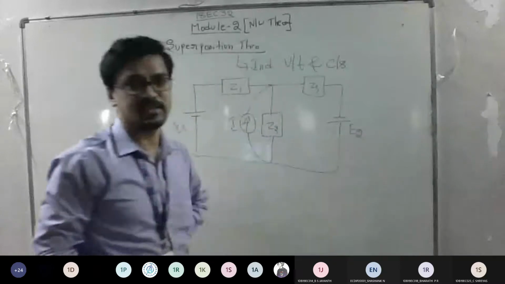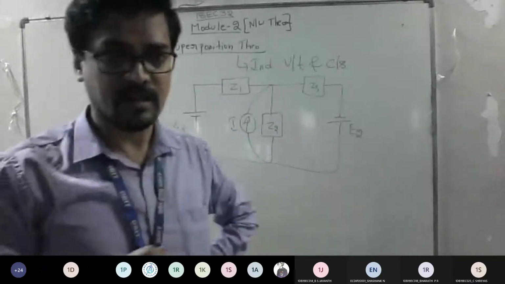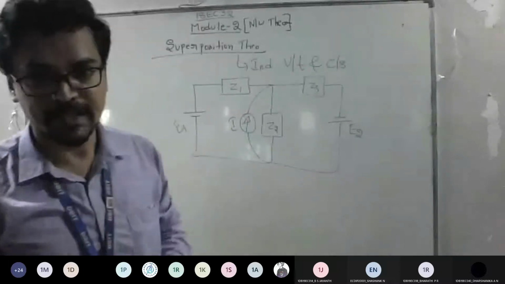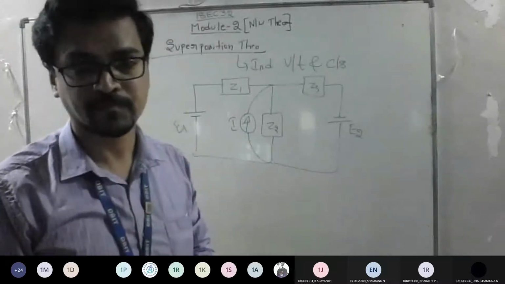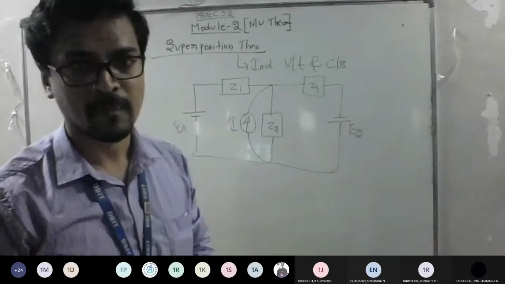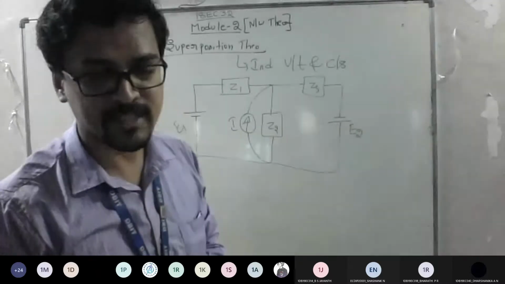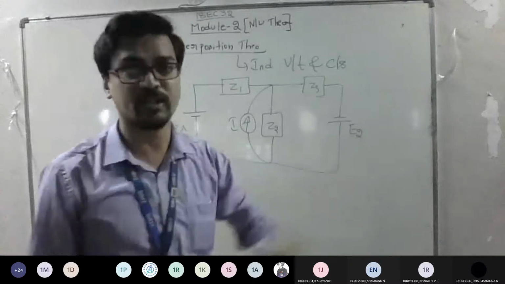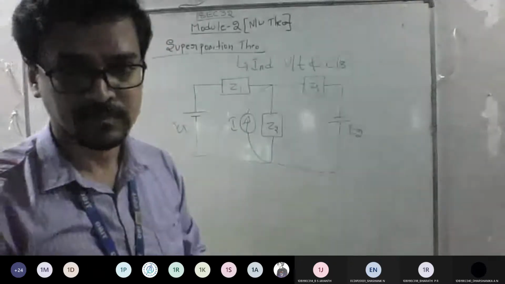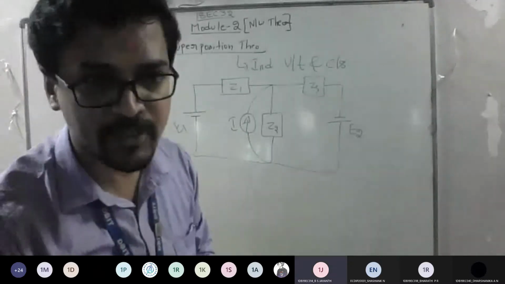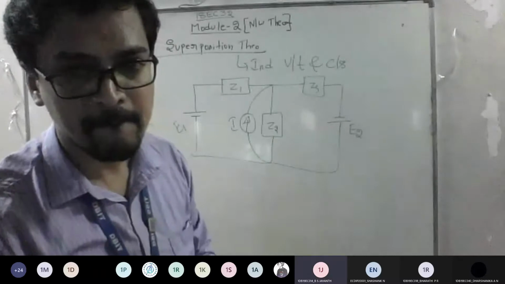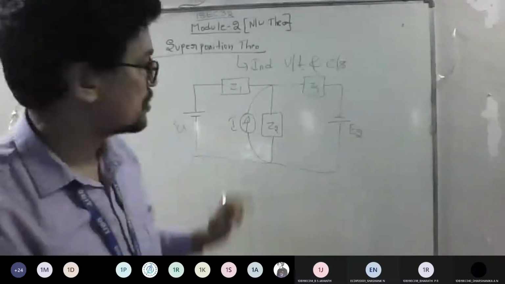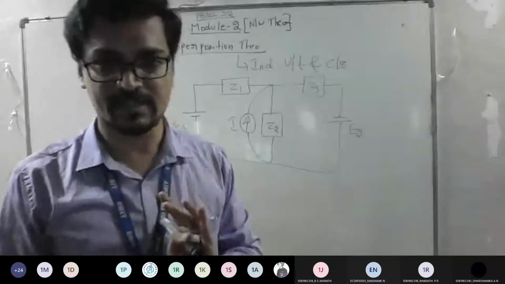See, whatever things I'm writing, this is a generalized one. Okay. Listen. It is a network which is having independent sources. Agree? Independent sources, yes or no? Yes, sir. So you can find how many sources totally? 3. So one is current and 2 are voltage. So this is the first thing you should be having awareness of.